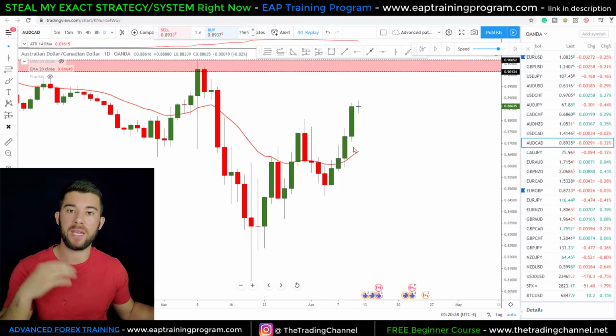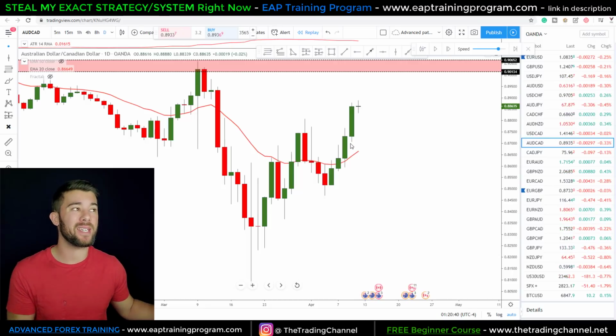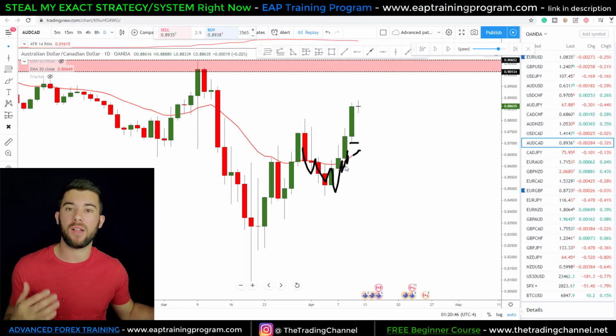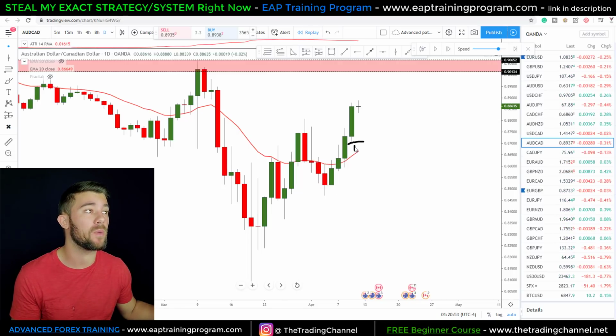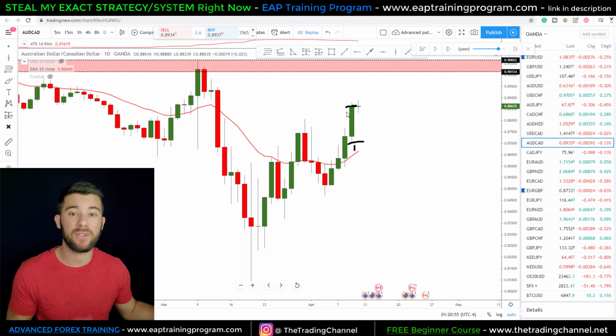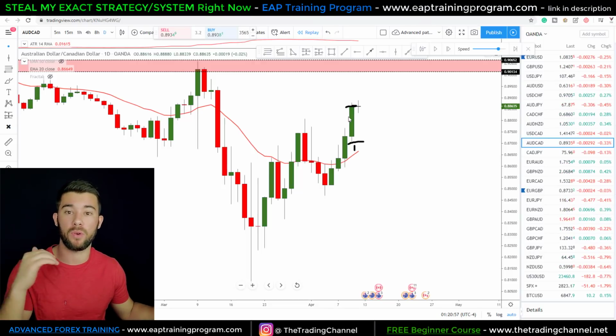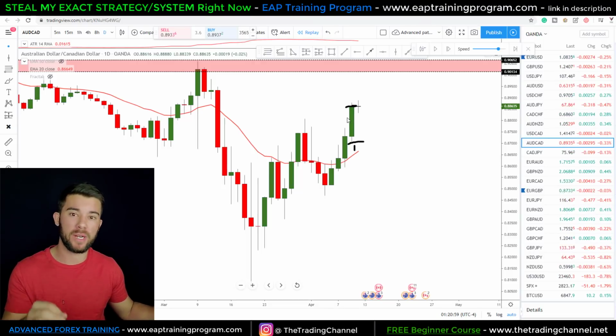And for me, what I mean by above the EMA is I want to see a candle that does not even touch the EMA. If we're touching the EMA, a lot of the times on the daily chart, that means we're consolidating on lower time frames. I don't want to be involved in that. So I want to see a candle that does not touch the EMA. I want to see that candle close. After that is when I start looking for possible long trades on that currency pair